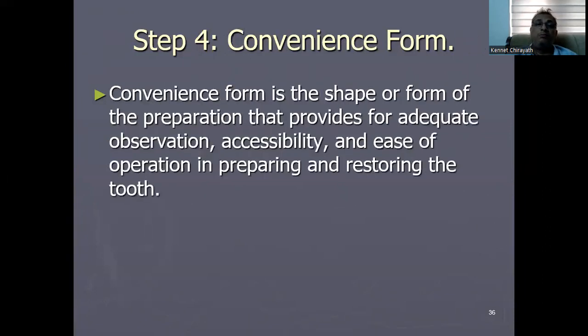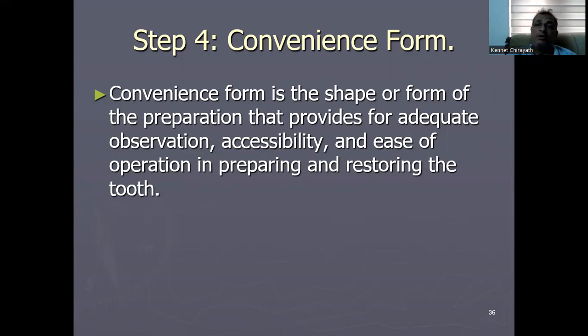Okay. Now comes the convenience form. Convenience form is the shape or the form of the preparation that provides for adequate observation, accessibility, and ease of operation in preparing and restoring the cavity. So before starting the preparation, we should be very careful about whether there is a convenience form. For example, when you do a